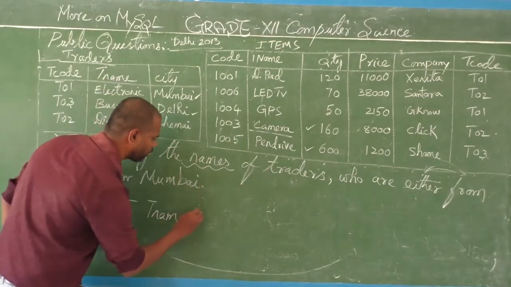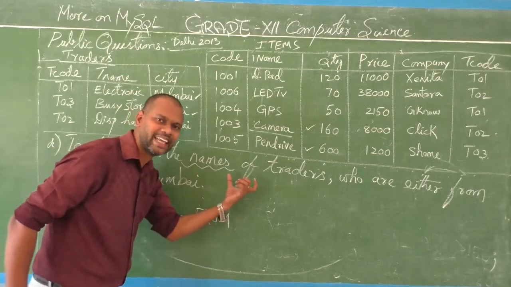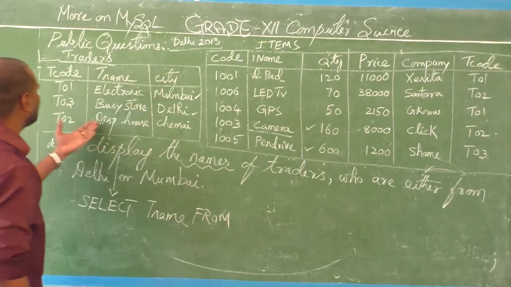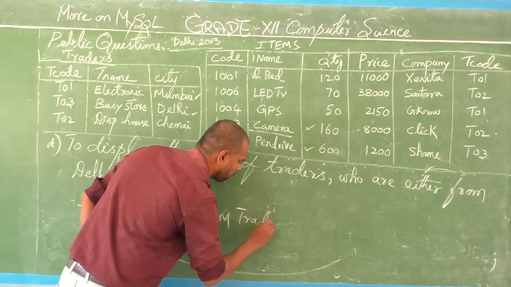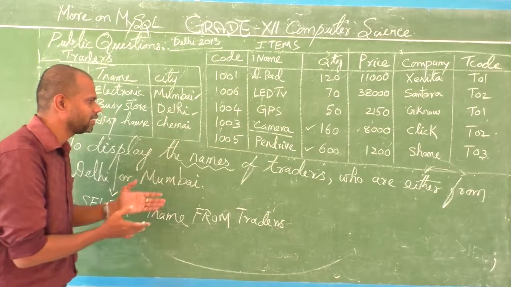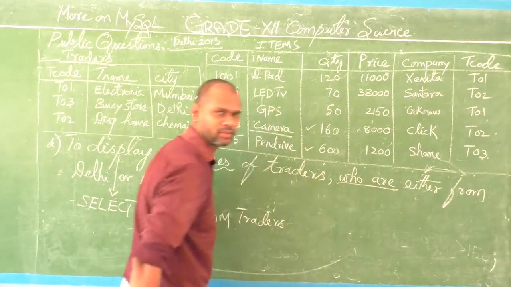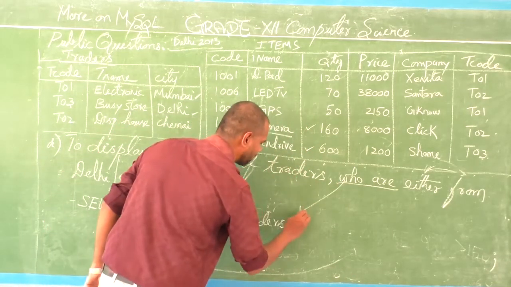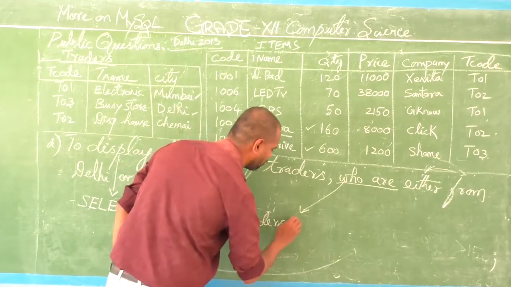So FROM. After FROM you have to write the table name. What is the table name? Traders. FROM traders. Is there a condition here? Yes. Who are either from? This is a condition. So for this, what to write? Condition means simply you have to write